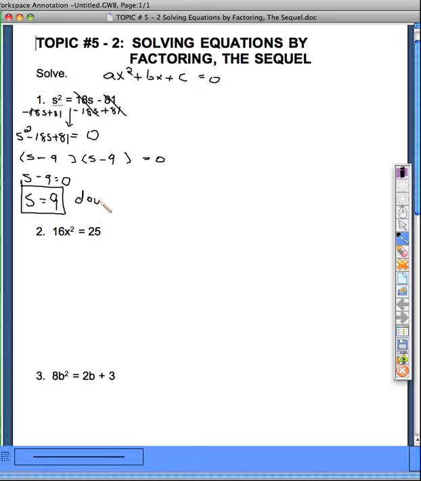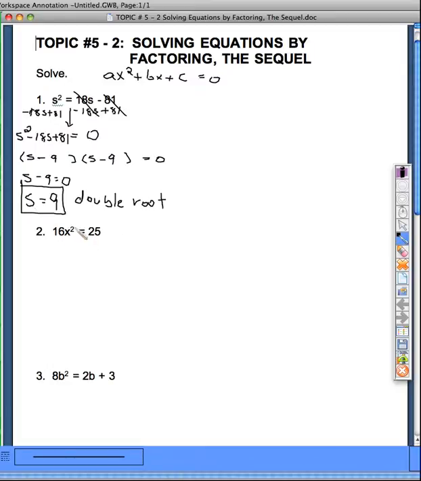So this is what we call a double root. If you were graphing this, it would only touch the x-axis in one place at 9. Okay. When your factors end up being identical, you're going to have the same answer, and so you just need to report it once. But that is called a double root. Now on this next one,